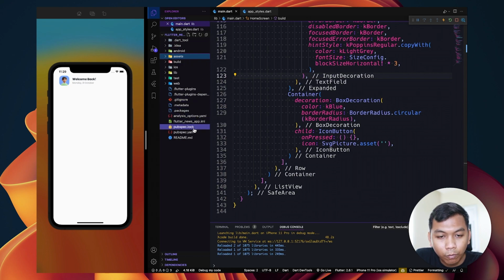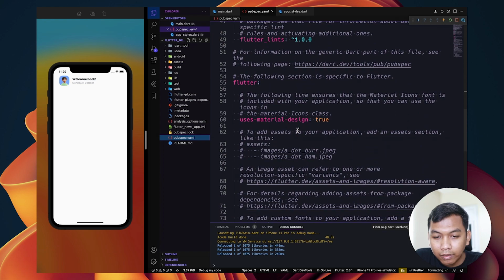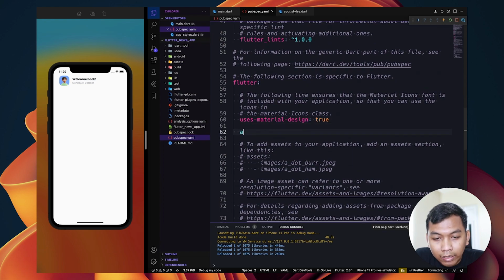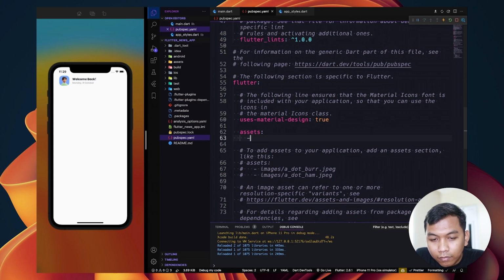And so let's go to pubspec.yaml again. And now we can say here assets, and then assets slash, which means that we want to import all the assets inside the assets folder, such as press this,